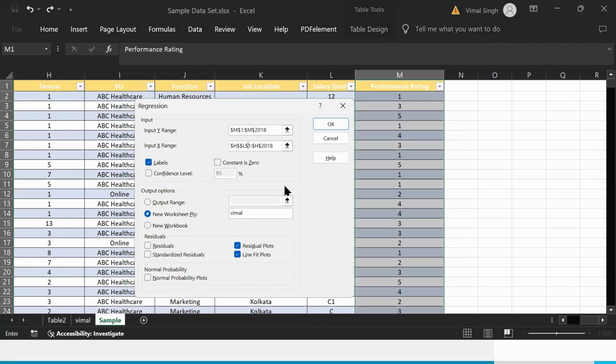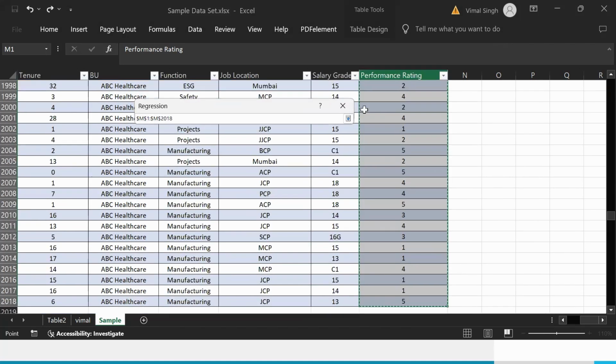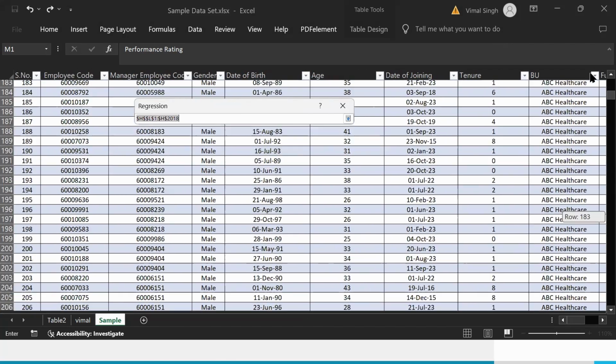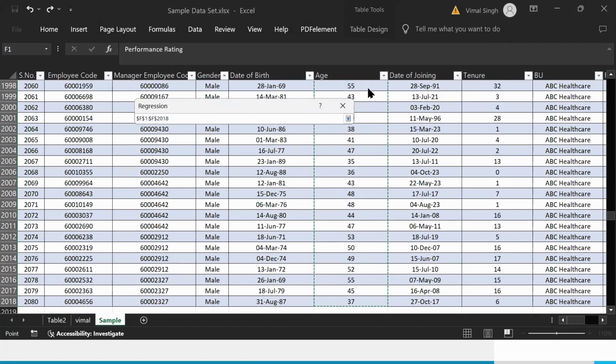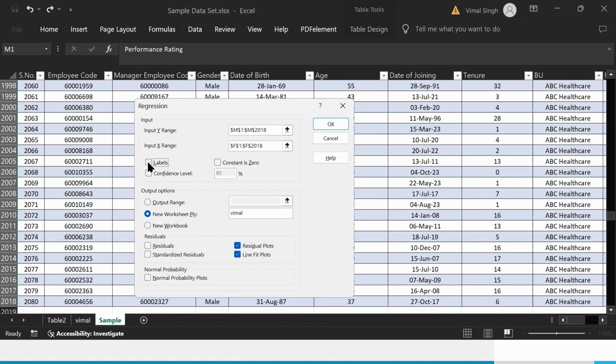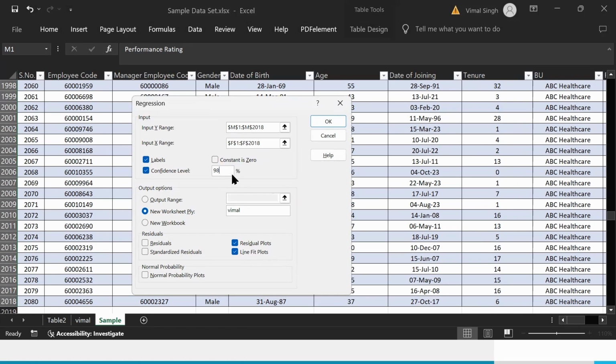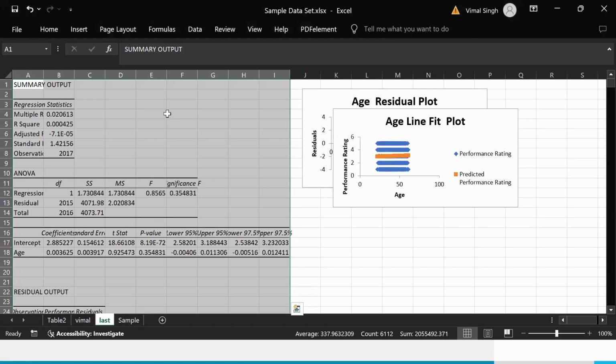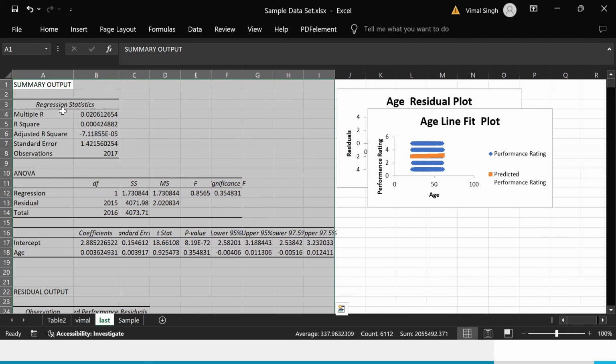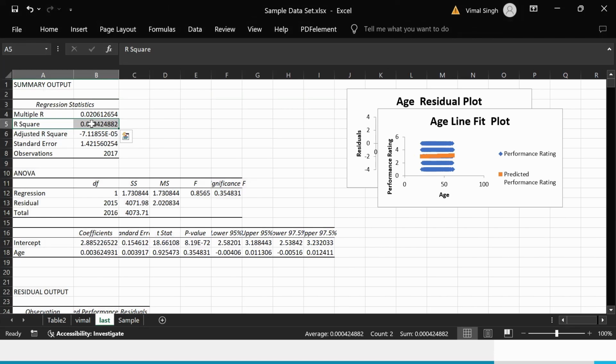X हो गया. This is X. My Y is going to be the same, but nonetheless, let me do it because people might be seeing that in recordings and they'll not be able to make sense out of it. It has labels because मैंने 1 से लिया हुआ है. Confidence level मैं change कर सकता हूँ, 95 भी कर सकता हूँ, 98 भी कर सकता हूँ. You remember 95% confidence लेना है, 97.5 लेना है, वो तुम पे डिपेंड करता है. आउटपुट का नाम रहेगा लास्ट. रेसिडुअल प्लॉट्स, लाइन फिट देख रहा हूँ, रन कर दूंगा मैं। लास्ट पे आएगा आर स्क्वायर का वैल्यू, सबसे इंपॉर्टेंट होता है आर स्क्वायर का वैल्यू एंड पी वैल्यू। अगर 1-on-1 रन कर रहे हो, मल्टीपल रिग्रेशन मल्टीपल फैक्टर्स का भी पॉसिबल है, ठीक है।